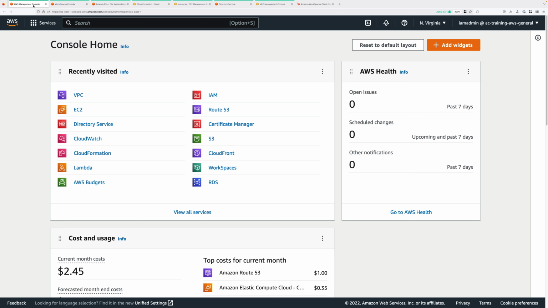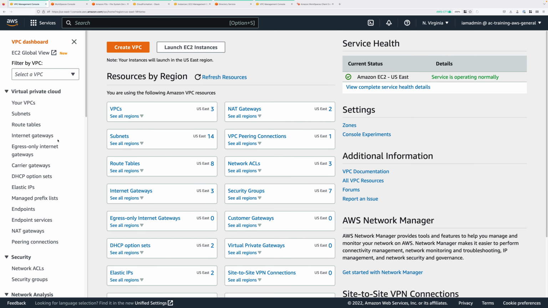Welcome back to stage 7 of this demo series. In this stage of the demo you're going to tidy your account up and delete all of the resources that you've been using throughout this demo series. So to start that process, just move across to the VPC console, and we need to reverse the change that we made at the end of the last lesson.